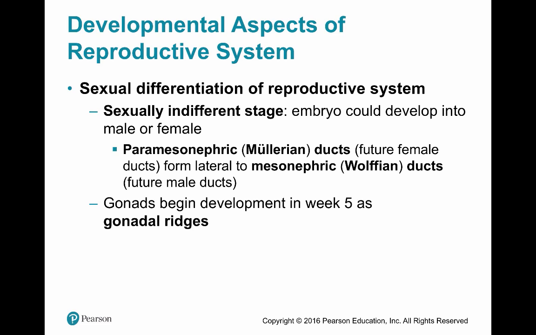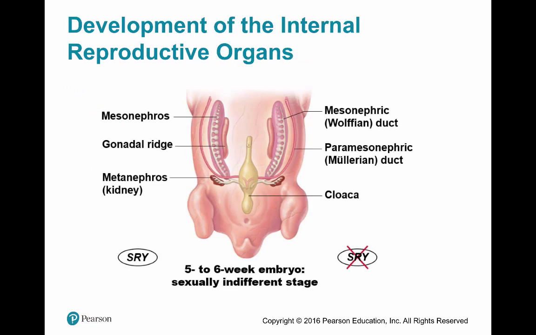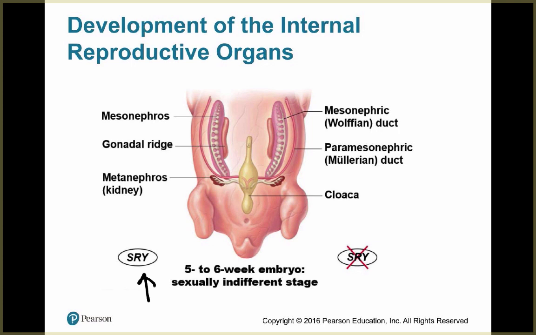And so Mullerian ducts are the ones that are going to be female, and Wolffian ducts are going to be male. And the gonads begin developing in week 5 as gonadal ridges form. Basically, the primordial germ cells will start migrating to the gonadal ridges to provide germ cells destined to become spermatogonia or oogonia, right? Testis formation begins in about week 7 for males, and female ovaries start to develop in week 8. And so if you have the SRY gene about week 5 to 6, here,